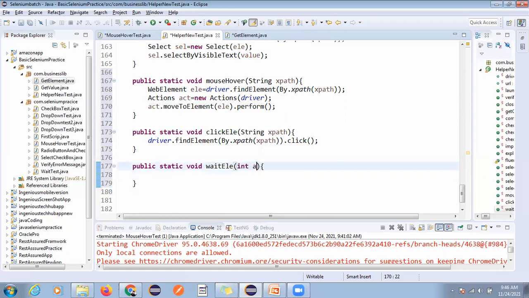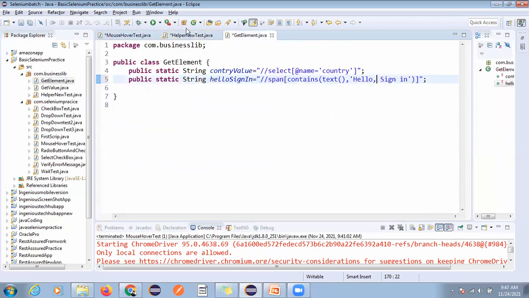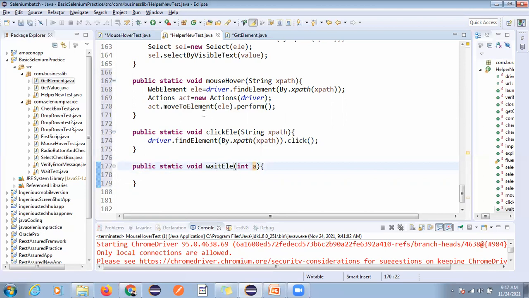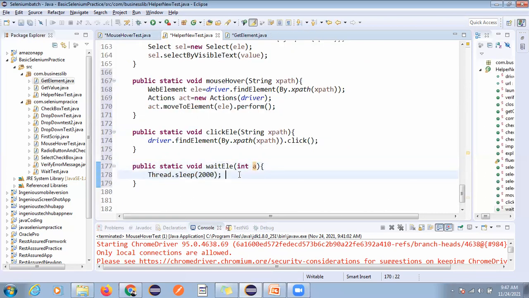I'm just taking an integer type a, and you can copy this element, the one from mouse over test, directly, and here helper dot test, and we can pass a here. That's it.